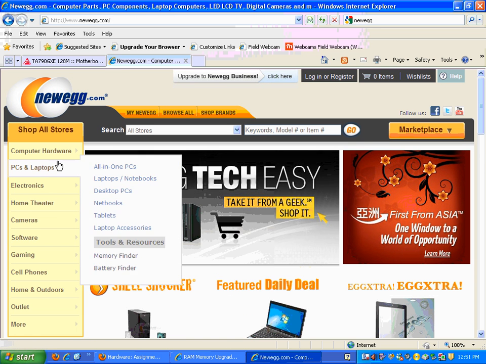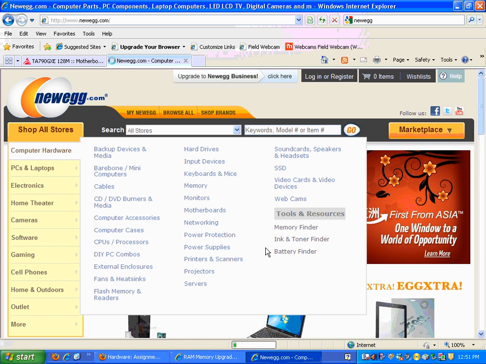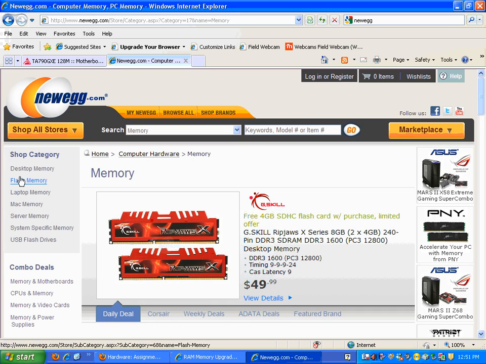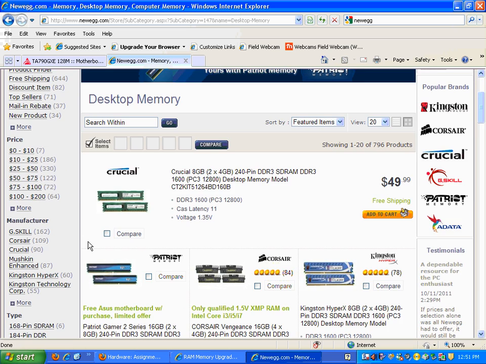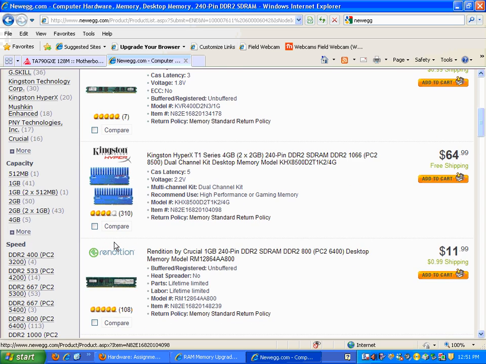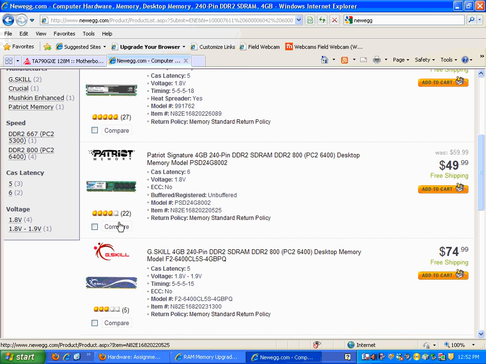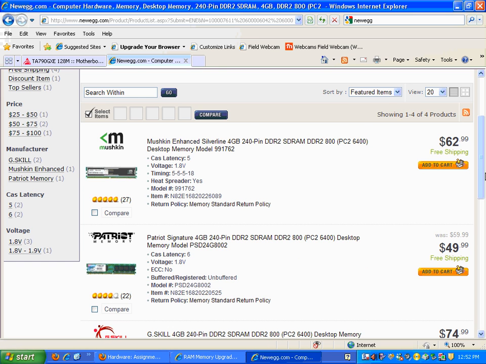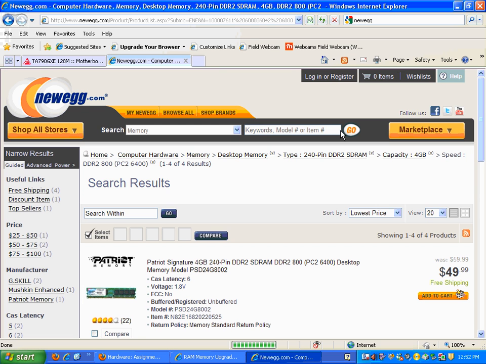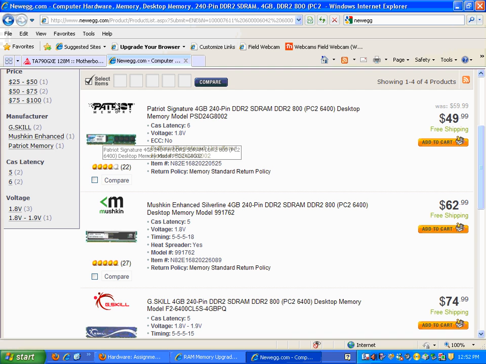and I'm going to go to computer hardware and memory, and then I'm going to particularly look for memory for mine. So I'm going to go to desktop memory, and I'm looking at DDR2, and I'm just 4 gigabytes DDR2 800. So there we go. I've got a couple results here in order to do mine, and I'm going to be cheap, and I'm going to say lowest price. So lowest price, for $49, I can get this one right here, which is 4 gigabytes of DDR2 800,